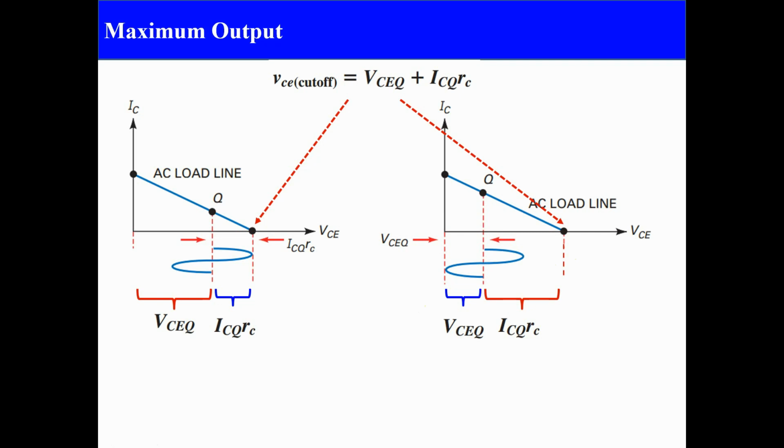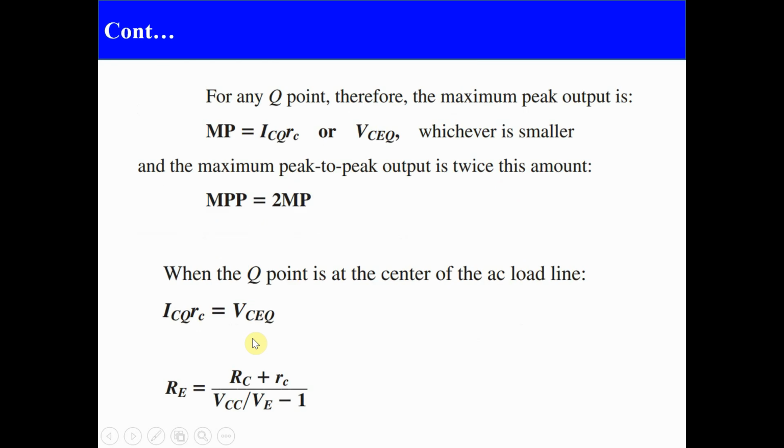So the maximum output depends on the position of the Q point, and either VCQ or ICQ into RC, whichever is smaller, would be the maximum peak. So for any Q point, MP is equal to ICQ into RC or VCQ, whichever is smaller,